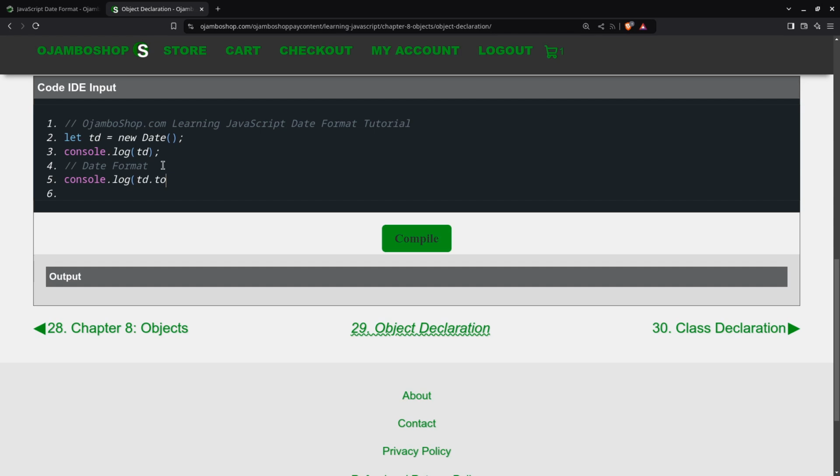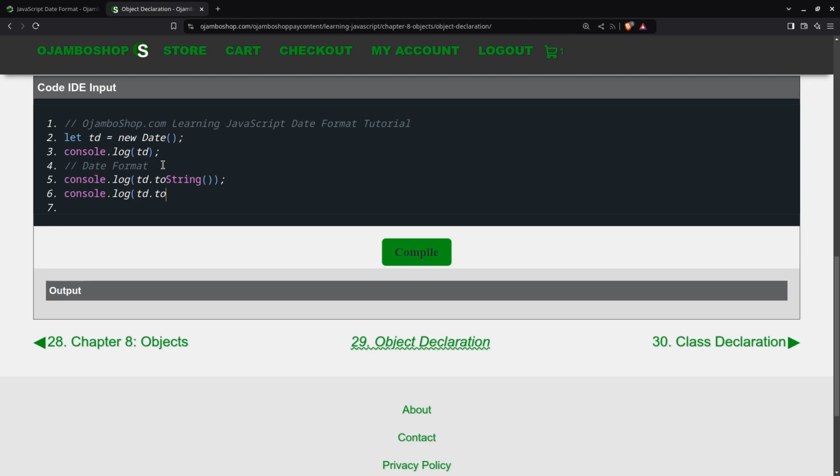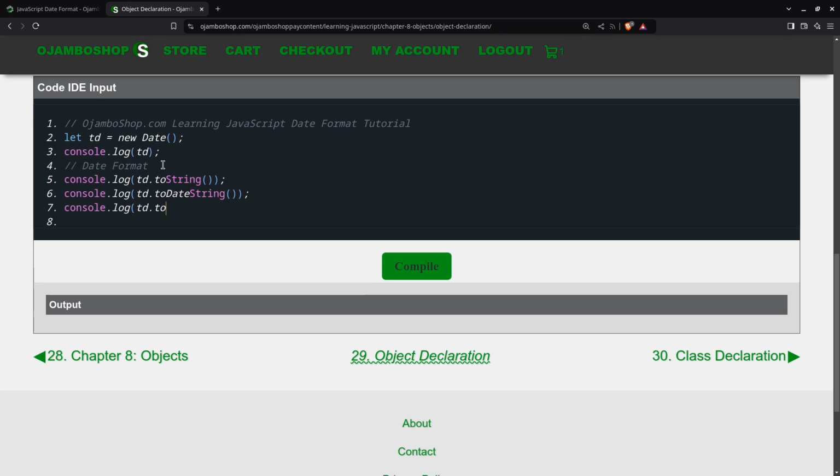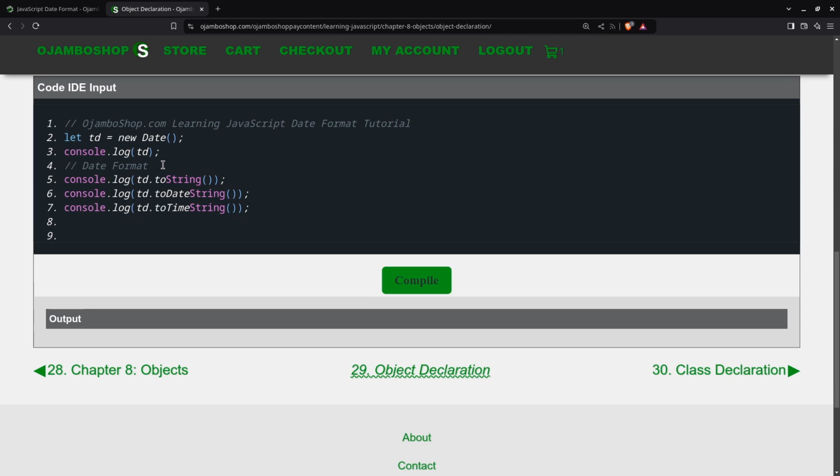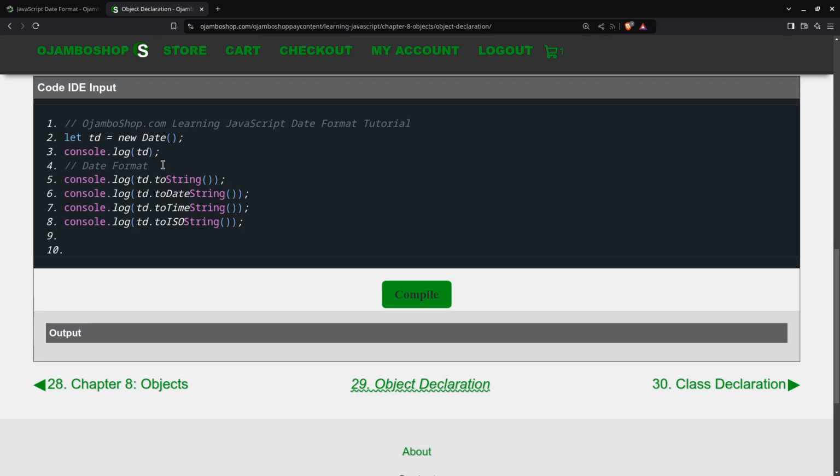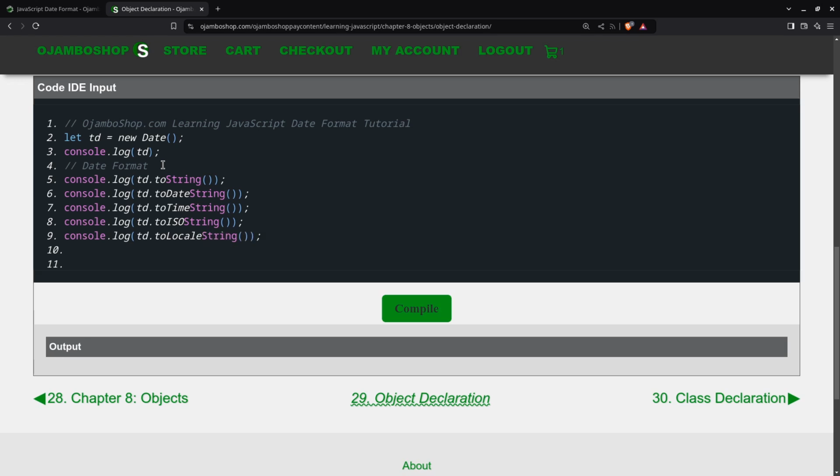First one will be toString. Second one will be toDateString. Then we'll do toTimeString. Then we'll do toISOString. Then we'll do toLocaleString. Now that toLocaleString,